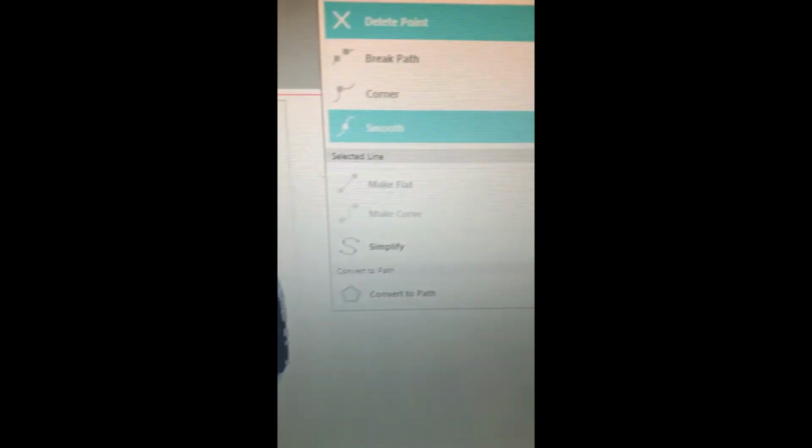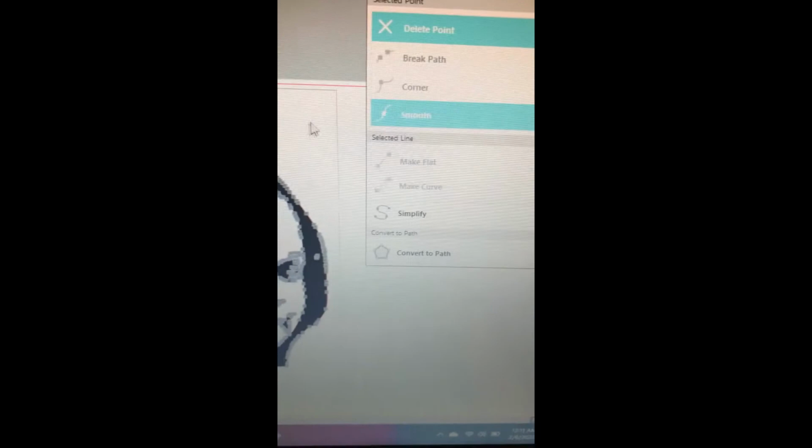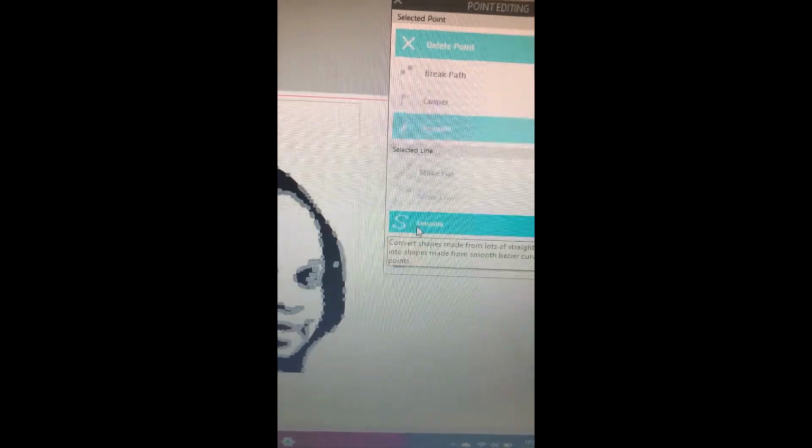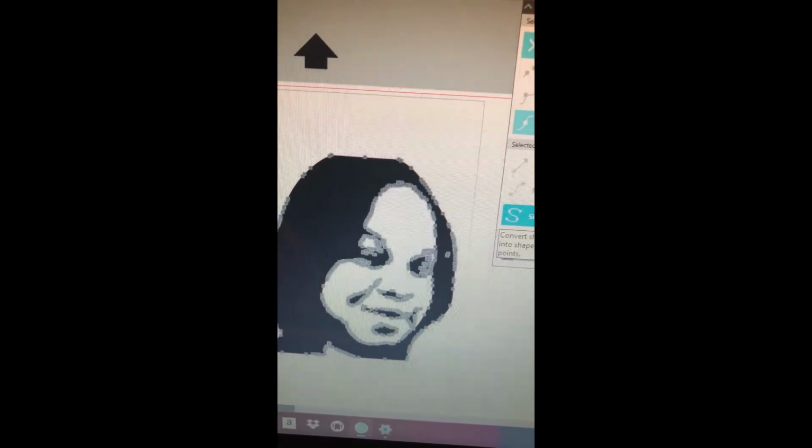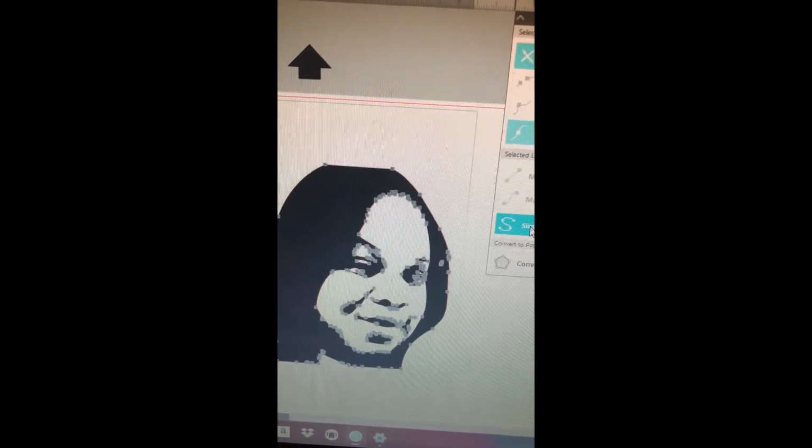And you see all those little dots, it's going to try to get all the little details in my face. So what we're going to do is try and cut down some of these points. The way to do that is we're going to go back over here, look right here, and go down to simplify. I'm going to tap on simplify, and if you notice,